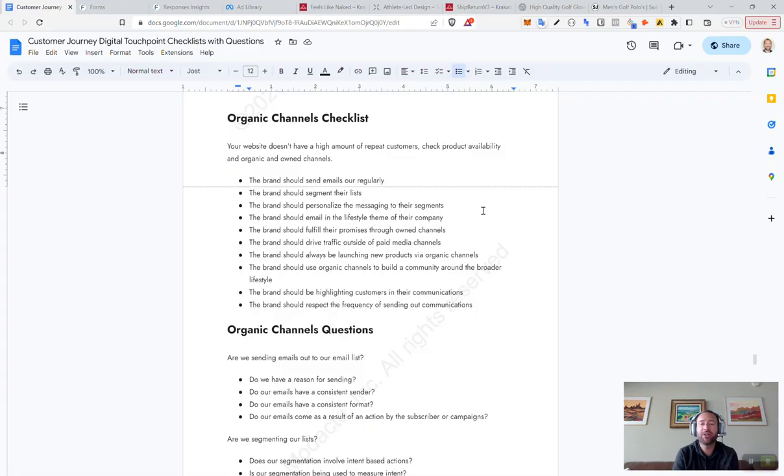Build a community around a broader lifestyle. I'm gonna say this for kind of like a different course in terms of a strategy of how to do this. Most of the time, I think people have been trying to build communities around a brand instead of a brand lifestyle. The most successful communities out there are built around lifestyle, not brand. And the gut reaction from most brand owners is, "Oh, I don't want to advertise or even tip my hat to competing products." Your customers are looking at competing products anyway.